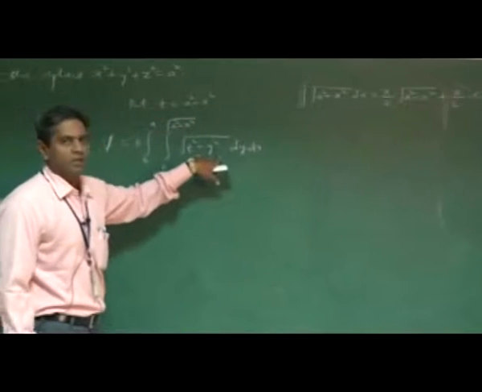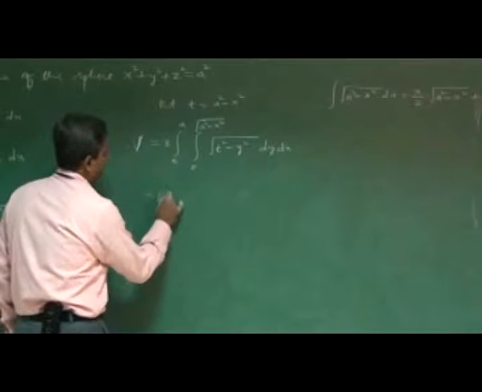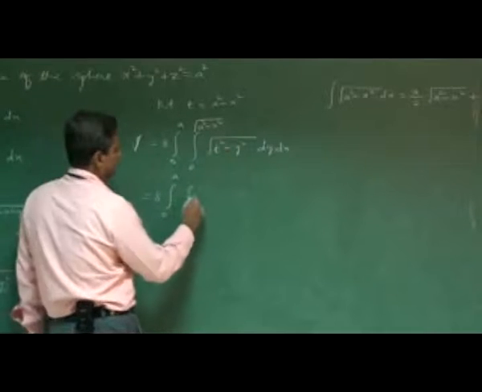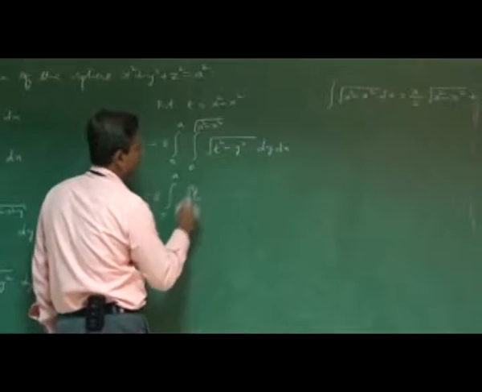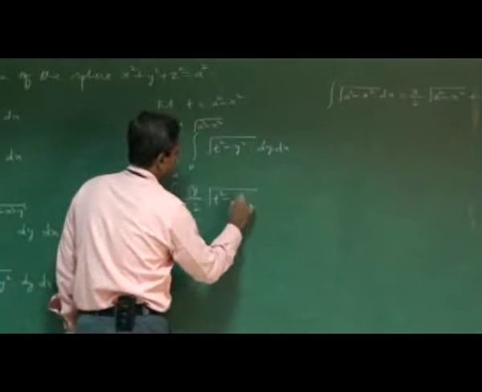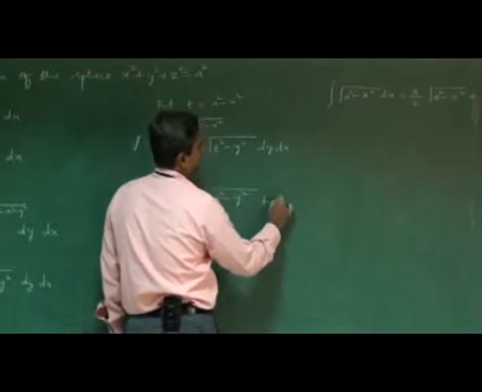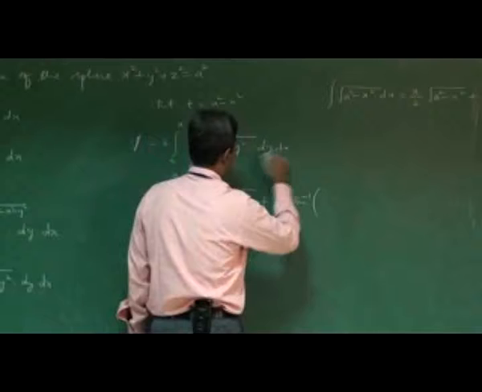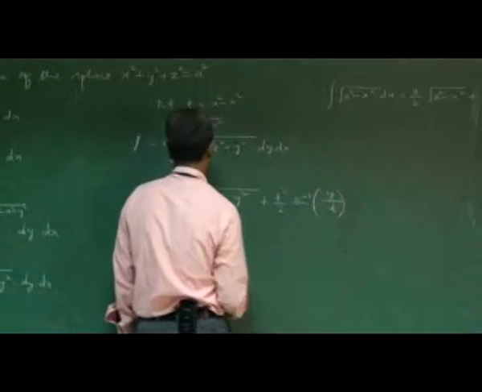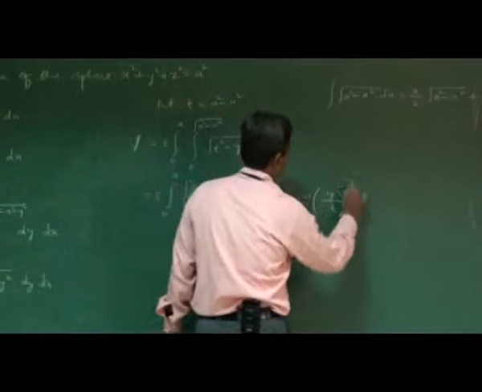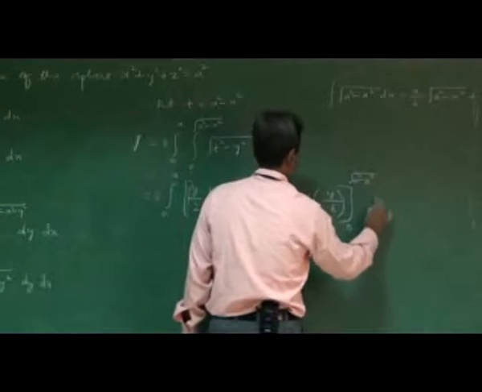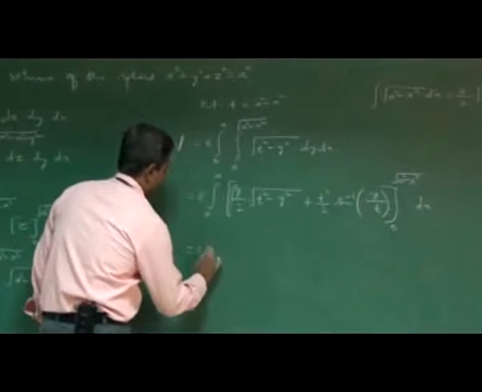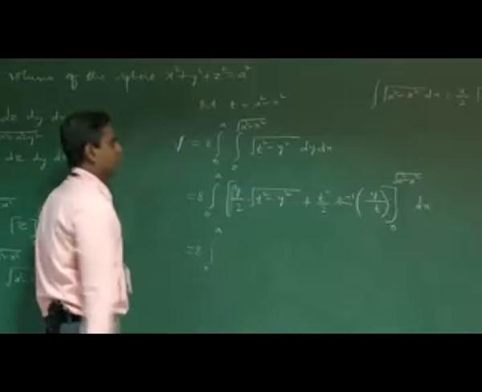So in this case we apply the formula, and what we get is 8 into the integral from 0 to a, and for the second integration, we take y divided by 2 into the square root of t squared minus y squared plus t squared divided by 2 into sine inverse of y by t, and the limit of the given case is 0 to the square root of a squared minus x squared, dx. Then we apply the limit.